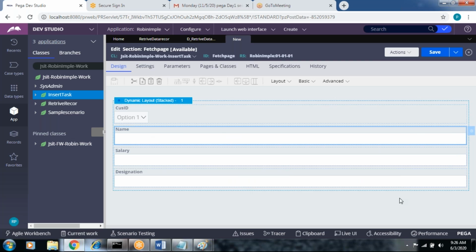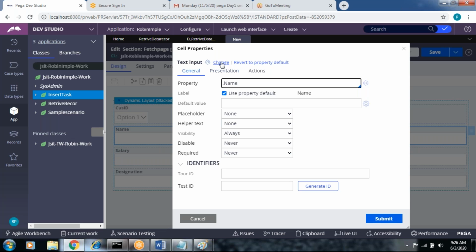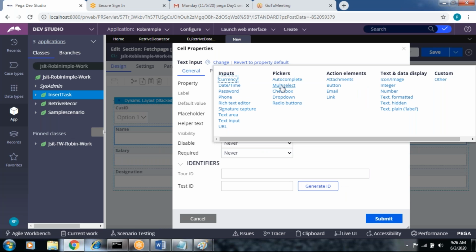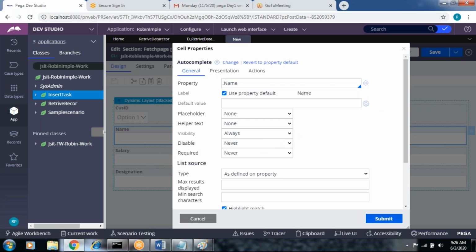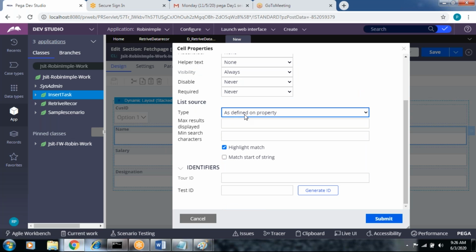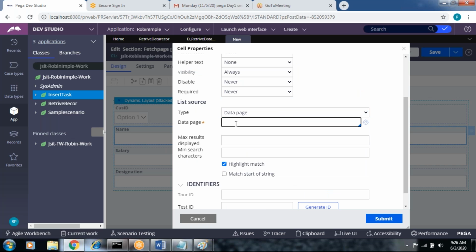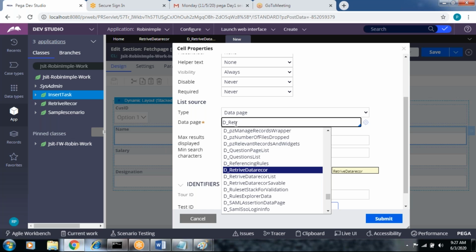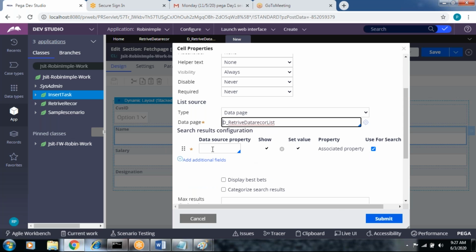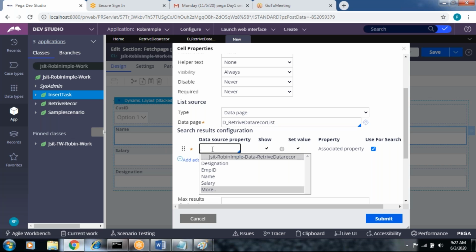So in the name, I'm going to change as autocomplete. We'll do the actual autocomplete with a separate concept. D underscore view records data list source of property belongs. Okay, give the directory for name only.